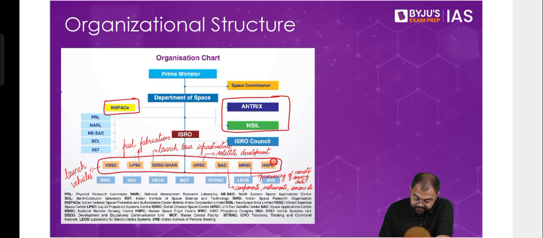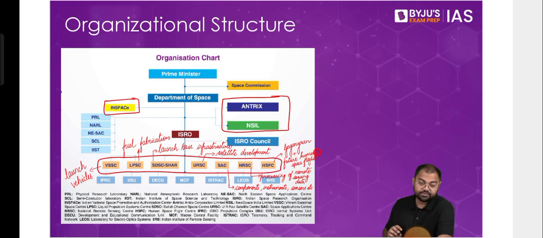Now, all the other units have existed for a while. They have been here for easily 10 to 15 years, or more than that, almost 20 years you can say. But HSFC is a new addition. This was added to the list of units only in 2019. HSFC stands for Human Space Flight Center, and that is exactly what it is supposed to do. It is going to work on any human space flight that India takes. So right now, it is working on the Gaganyaan mission, plus all the future human space flights. So this is what HSFC is.